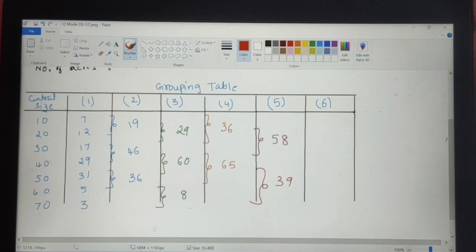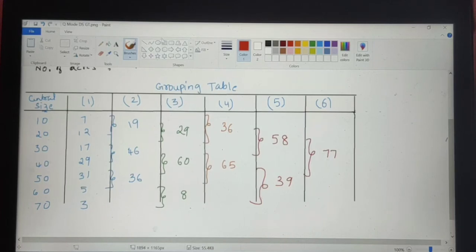So the last column rule says leave the first two values, that is leave 7 and 12 and group the remaining into 3. So it will be 17, 29 and 31. After 31 you have only 5 and 3 left which do not constitute to your rule of grouping into 3's. So the total of this particular 3 numbers will be 77. So this is how you will be grouping the numbers.